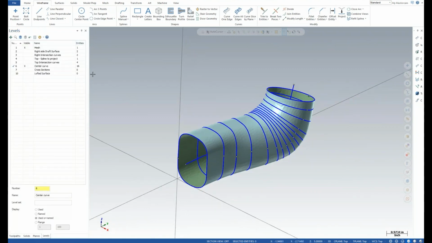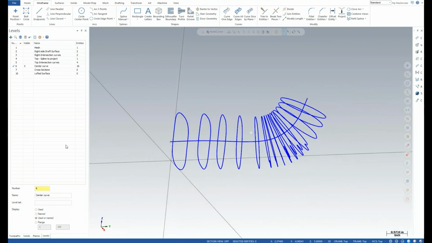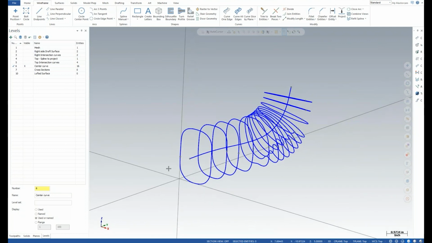Now we're going to turn off the mesh because I want to create a lofted surface through these cross sections. It's important that we have our seams line up correctly. So I'm going to turn on my right intersection curves because I want that to be my seam.